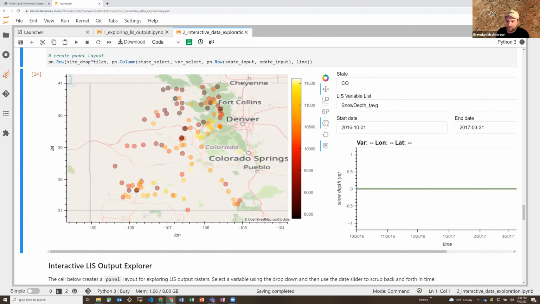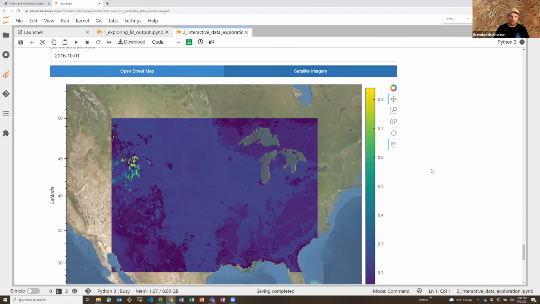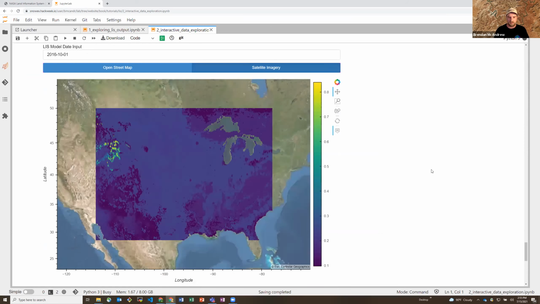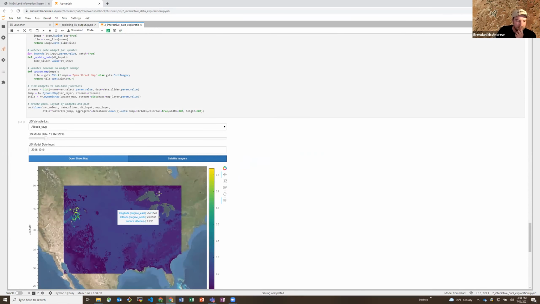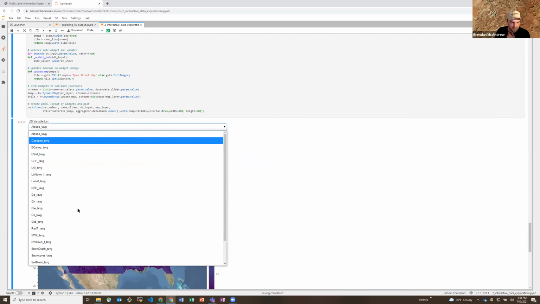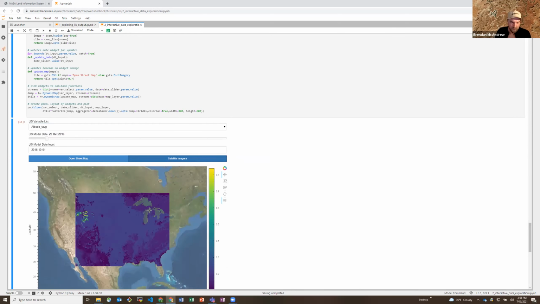While that's loading, I'm just going to scroll down just a little bit and show you one more thing. This is what the LIS output looks like for the entire domain. So this is another interactive explorer that we can use to look at this data. You can select the variable of interest here. We have a time slider that will allow you to pan back and forth in time. It's a little buggy. We're still working out the kinks on it,